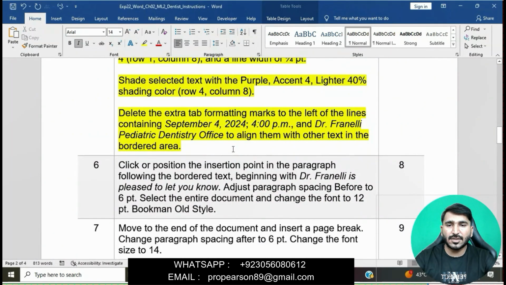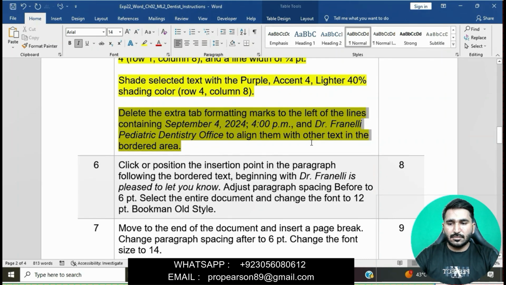Sorry, last point is to delete the extra tab formatting mark to the left of the lines containing September 4 2024. Okay, delete the extra tab formatting marks to the left of the lines containing September 4 2024, 4 p.m. and Dr. Friendly.